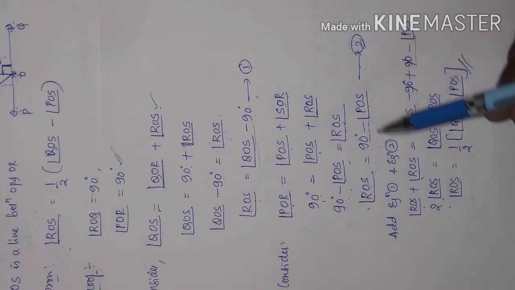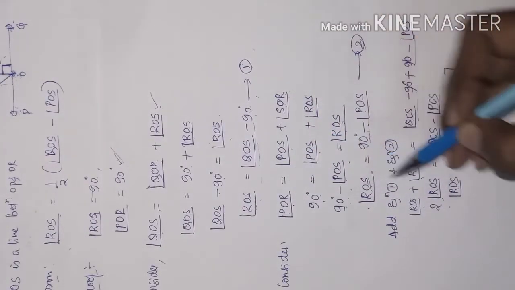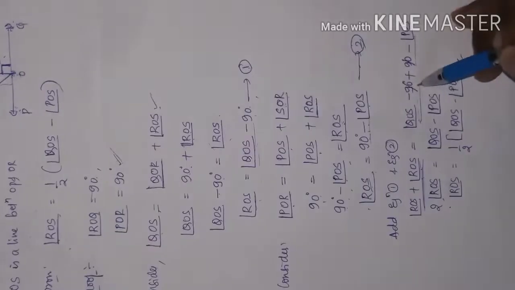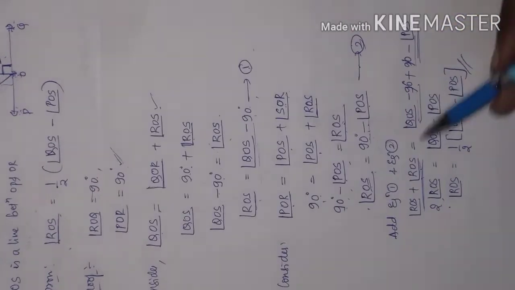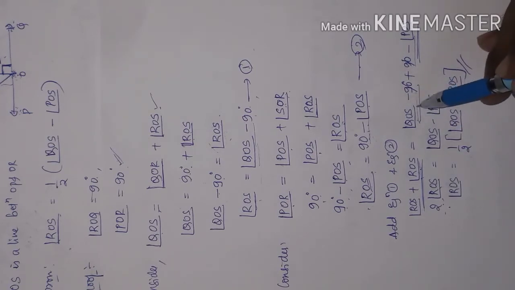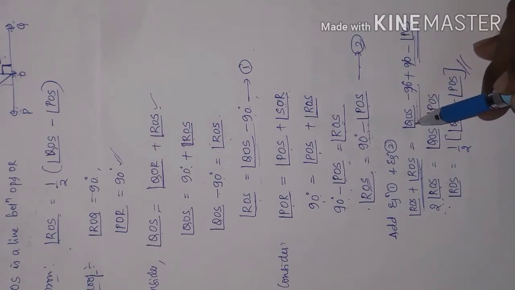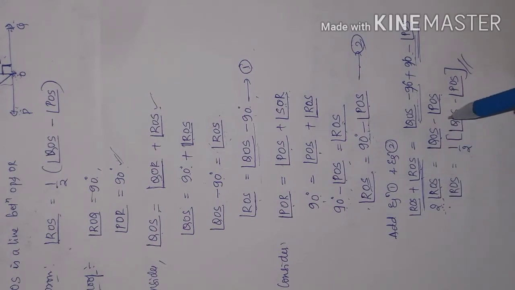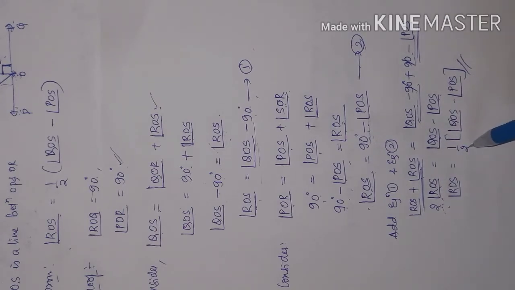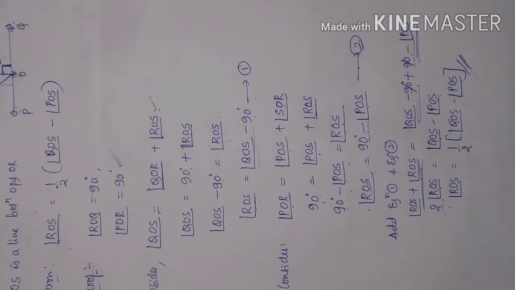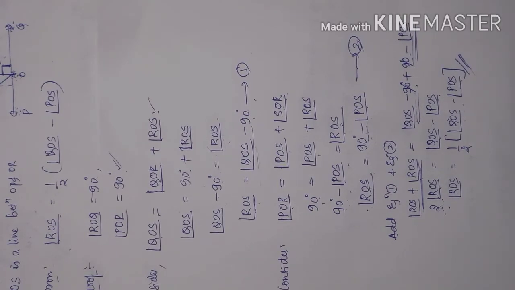Add equation 1 and 2. When we add equation 1 and 2, LHS is here, and RHS is here: QOS minus 90 and 90 minus POS. So 2 times ROS, when we add ROS and ROS, and this minus 90 plus 90 get cancelled, and what remains? Angle QOS minus angle POS, so kept as it is. So 2 is under multiplication, so when I shift to RHS it becomes a denominator in the division form, no? So 1 by 2 of angle QOS minus angle POS. This is the proof. Okay, so let us go for the next example.